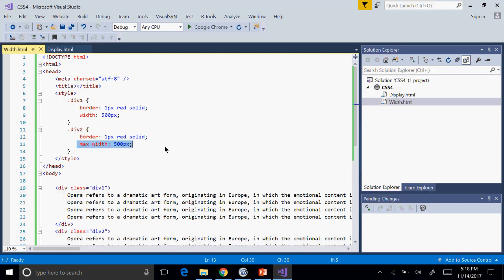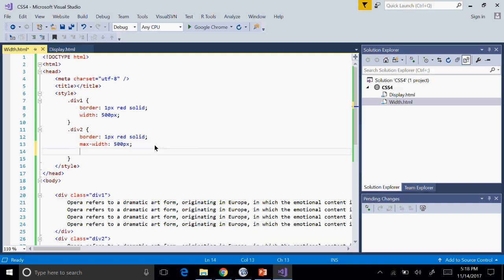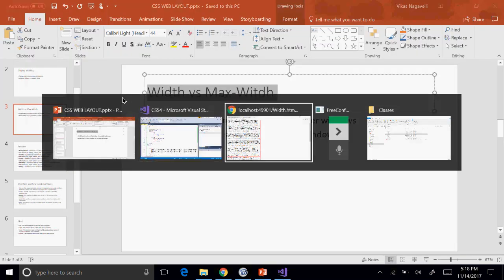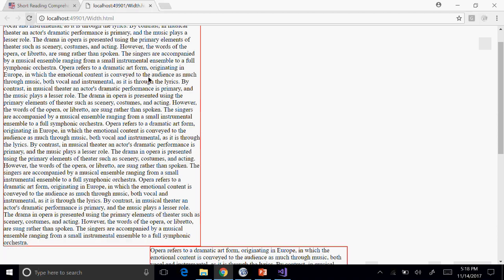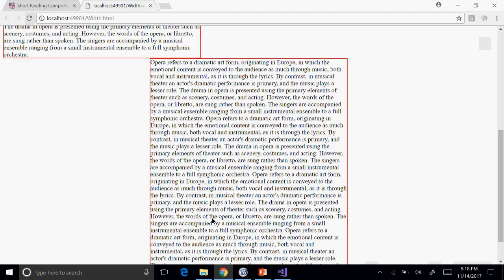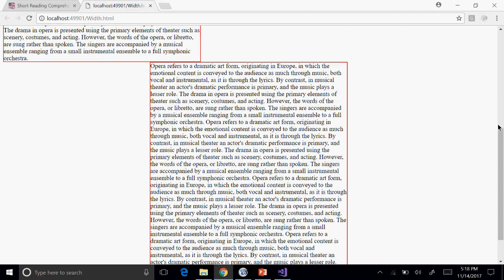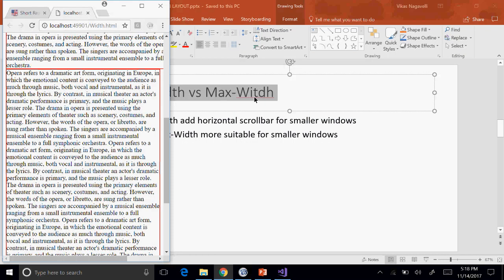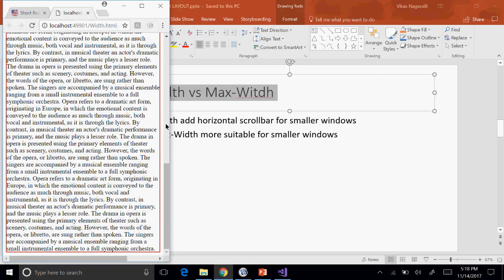Okay, so we use max width for things like body tags to make them centered. If you want to make this div centered, you can say margin auto, and when you give margin auto, it automatically gets centered. You can see it automatically gets centered. And when you minimize the size also, it takes the